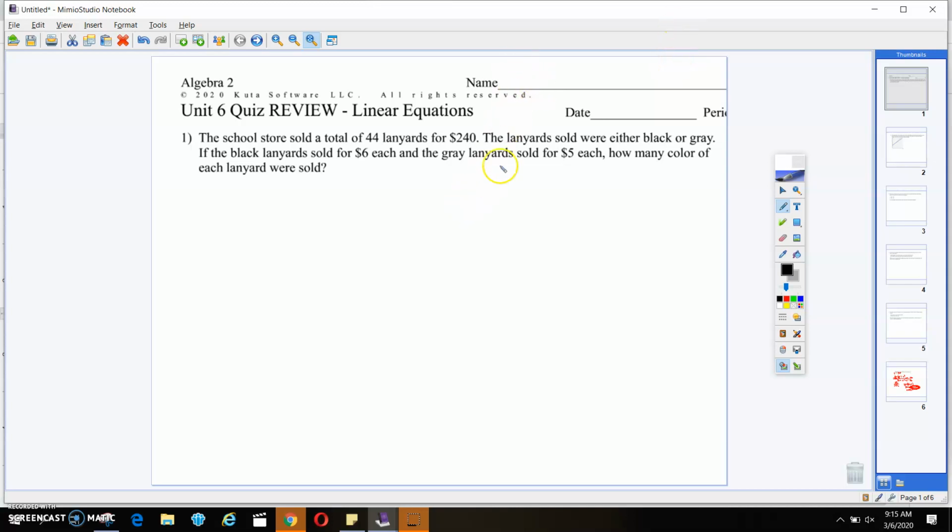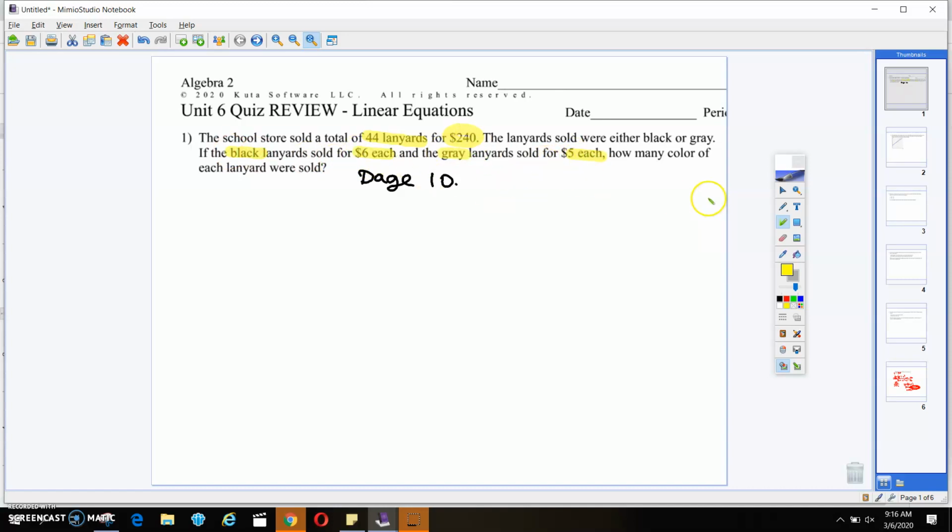So this is page 10 in your packet, or will be page 10 in your packet. Okay, and we're going to highlight the important parts. So some important parts that I would write down are 44 lanyards and 240 bucks. Okay, and then lanyards are either black or gray, and they're sold for $6 each for black and $5 each